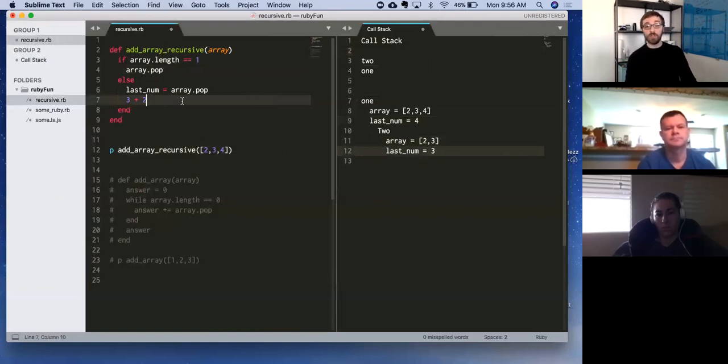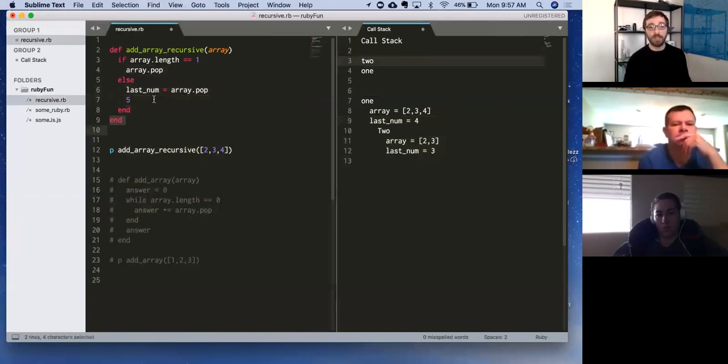Now, there's no other methods to call. We're going back up the stack. Our second call says, okay, I can finally finish line 7, which equals 5. And that's it. Now I'm done. There's no more code. I just have an end and an end. So I return the last thing I did, which was add 5. And I kick that up now